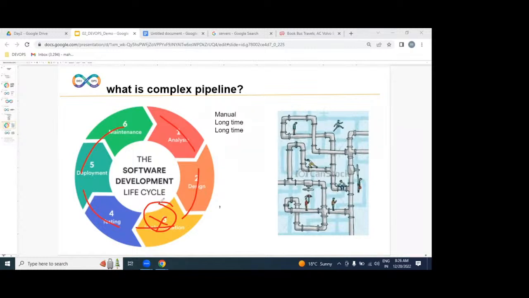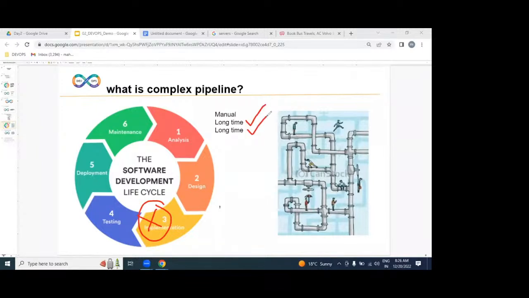No, experts are required here. If you are hiring experts for this process, definitely we need to pay more salary. Yes or no? That means the cost is increasing or not? Are we going to deliver in time? No, we can't. That means the quality is decreased. So what is the point I want to tell you? Due to the manual process, if any issue occurs, identification takes a long time. Resolving the issue also takes a long time.